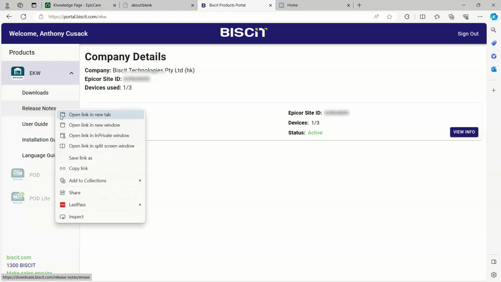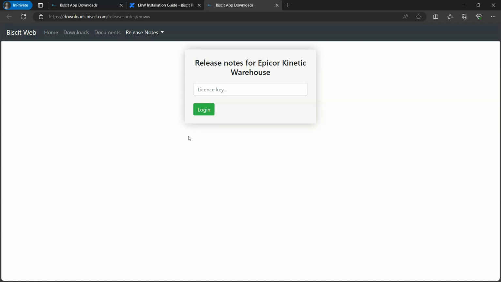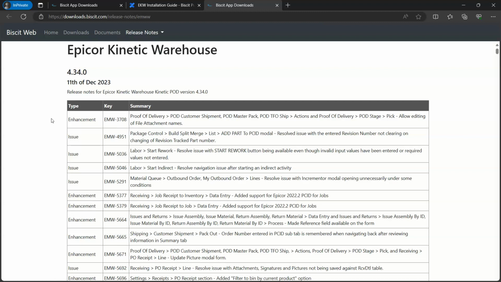I'm going to right mouse click and open this in a private window. This, along with the downloads, does require that you put your license key in with it. So I've saved mine, and when we log in we'll then have access to the various release notes for each of the versions. So if you're looking for a specific feature, or you actually have details of what the